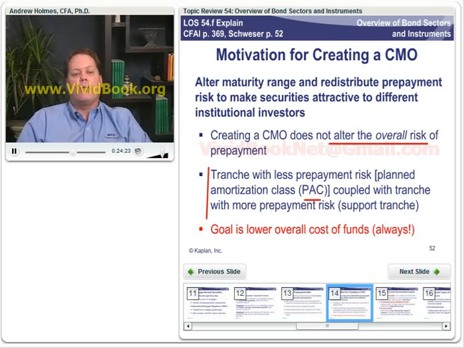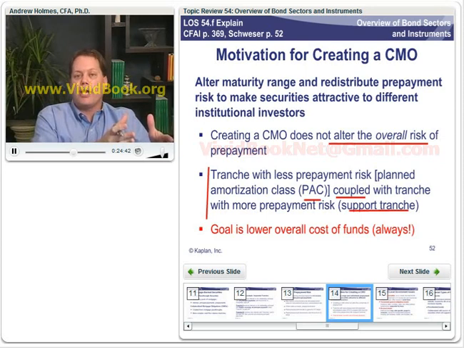Well, we could do that and say, here, you're going to get these payments. But then how do you deal with the risk of the underlying cash flows? Well, you deal with the risk of the underlying cash flows by coupling that with what's called a support tranche. So you have a support tranche. You have one group of investors who says, look, if interest rates go down and money comes in quick, then we'll take our share of the contraction risk and your share of the contraction risk.